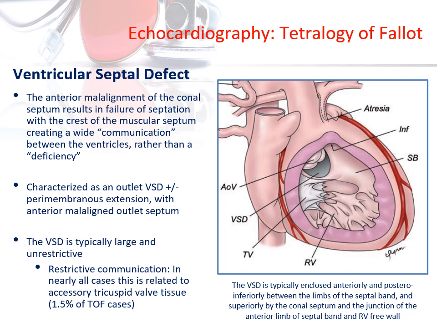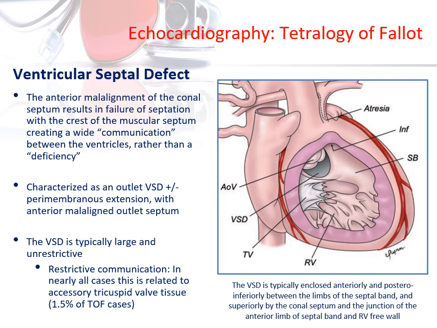All right, next one, ventricular septal defect. Again, it's the anterior malalignment of the conal septum, which results in the failure of septation with the crest of the muscular septum, creating a wide communication between the ventricles rather than a deficiency. So instead of assuming that tissue is missing and causes the VSD,